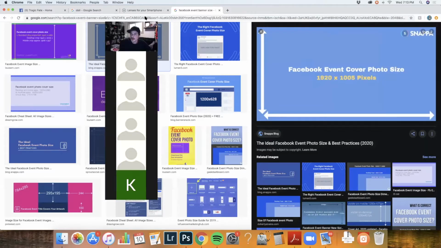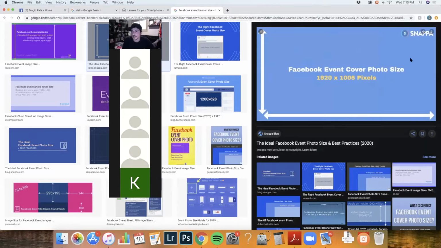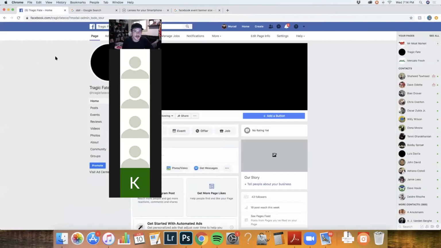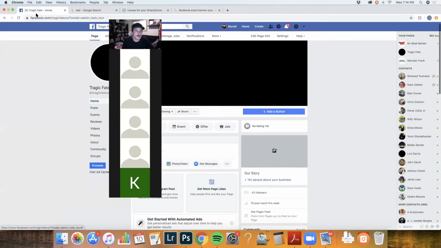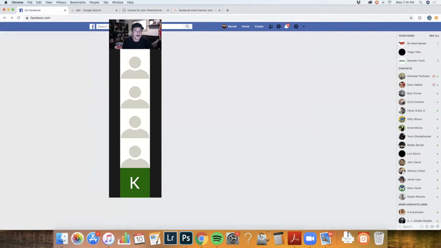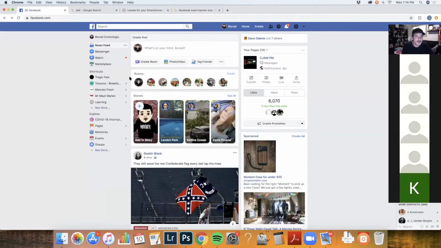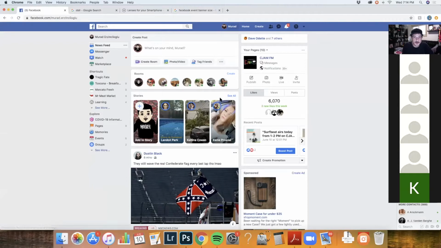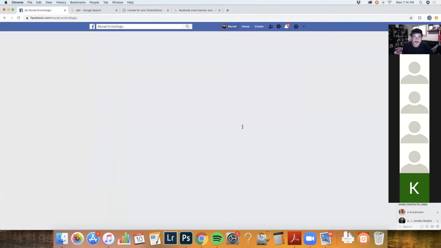So you see here, this gives you a good idea, is that you don't want to go over the edges, right? If this is all that people can see, you want to size your images graphically so that none of your information gets lost. You'll notice when I click through here, let's go back to our event page. I'll click through on my profile, is probably the fastest way to get into it.